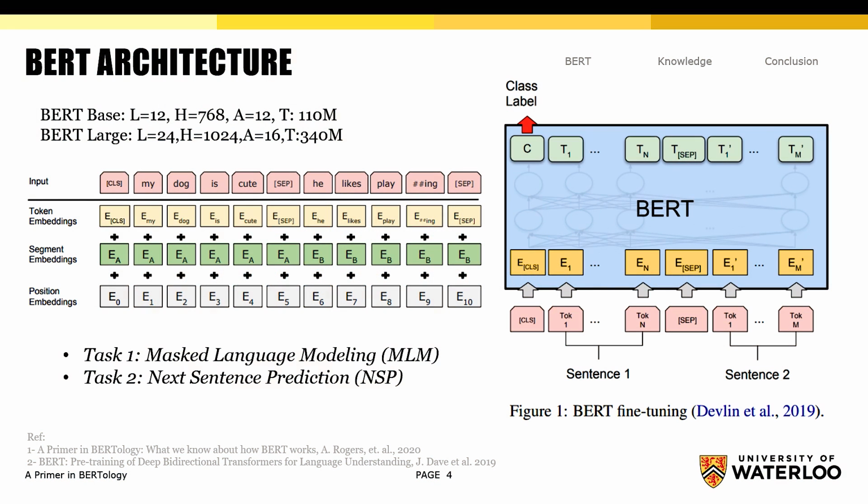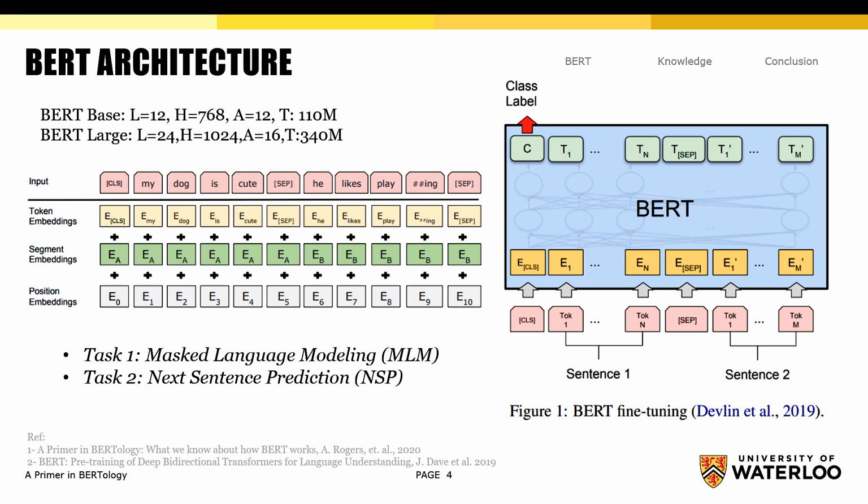As I have already mentioned, BERT is just an encoder transformer, and in the original paper they proposed two different configurations. One of them was BERT base and the other one was BERT large. BERT base is very similar to GPT, and it has 12 layers of attention, the hidden dimension is 768, and it also uses 12 attention heads. So the total is 110 million parameters, which is quite a small architecture, a small neural network,